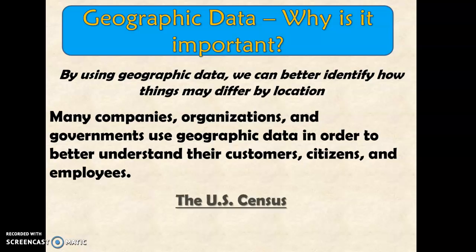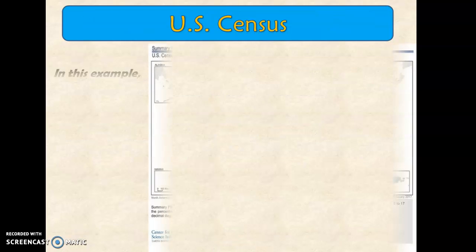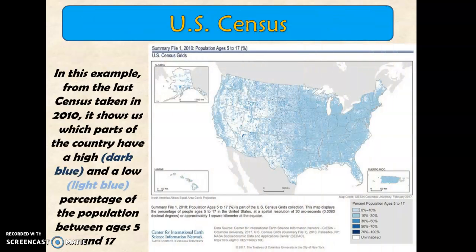In America, we take the U.S. Census, and every 10 years, the U.S. Census actually makes the decision on how money is distributed and services are provided to different communities based on their population. Here's an example from the